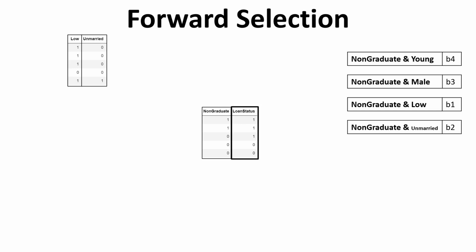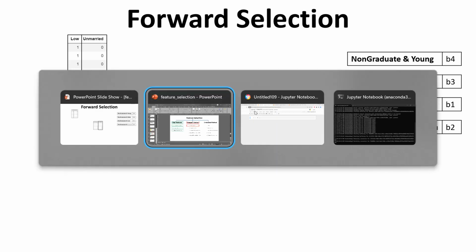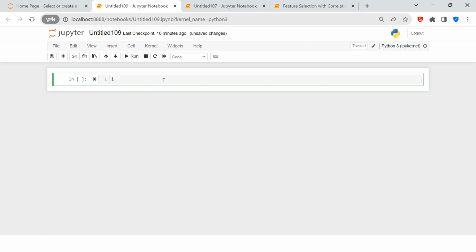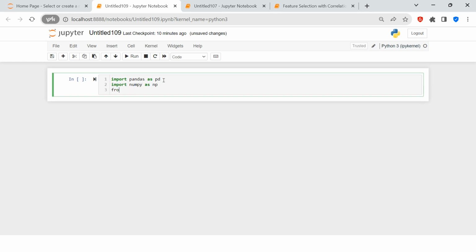Now let me show you this in Python. How would you implement this? So here in Python, let's simply import pandas as pd and then import numpy as np, from sklearn dot linear. It is auto completing, so let's give it a few seconds to complete it automatically. So out of the linear model, we'll be picking the logistic regression to train our model. Okay, linear model, import